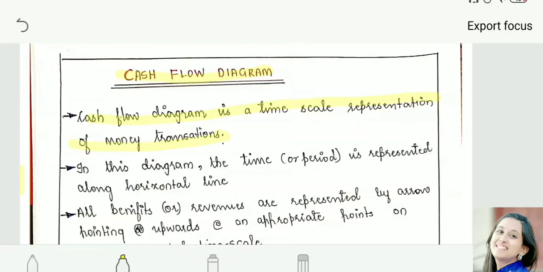Now what do you mean by cash inflow? Suppose you have a shop, and you have given it on rent. So when you have given it on rent, obviously a total advance will come to your account at once, or every month some amount will be coming back to your account. Okay, you will be getting it in installments. So this is called a cash inflow. So this is called the monetary transactions.